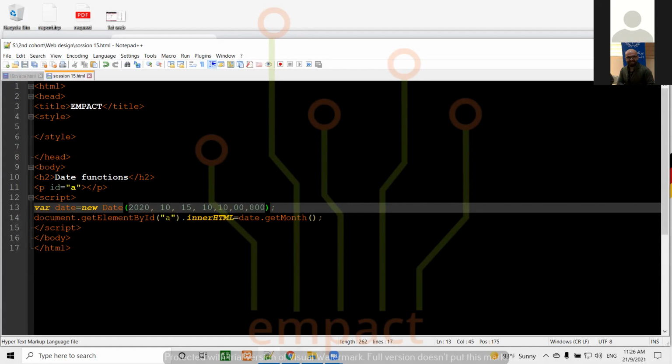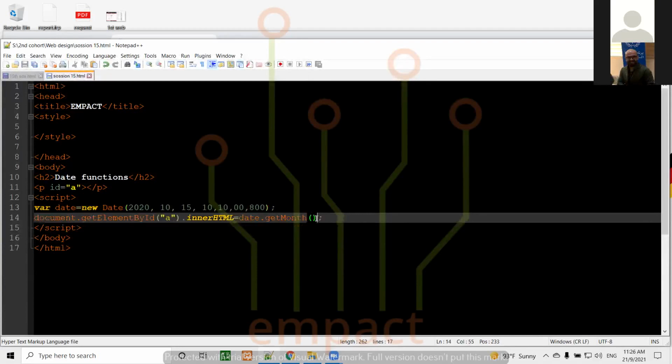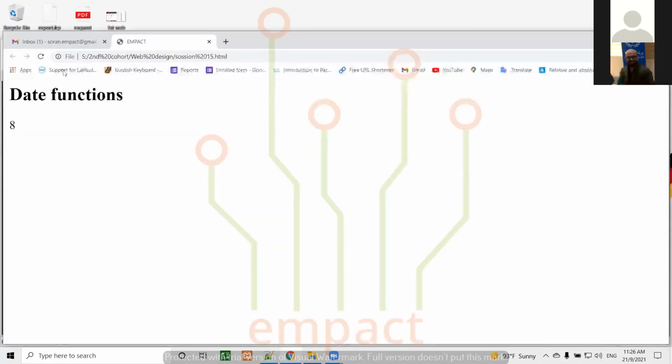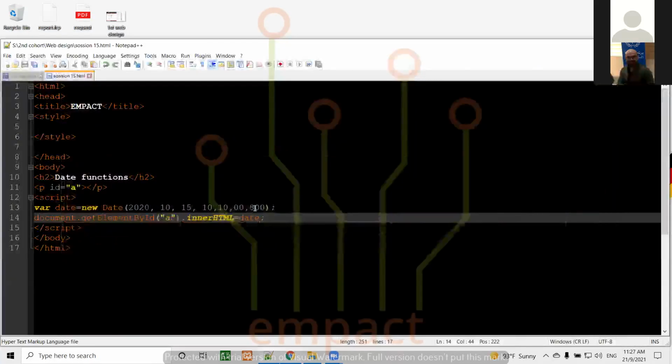Control S. So if you want to get this information, first, without these, Control S, we do refresh. It's just telling us Sunday, November 15th, 2020, 10 past 10, and then it's for the Arabian Standard Time. Now, if I want to get some information from here, I will say dot get, for example,